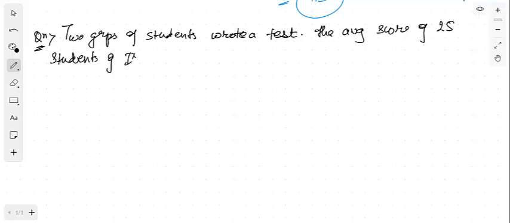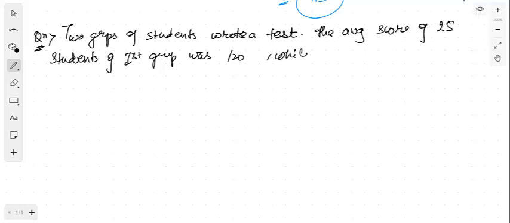The question is: given two groups of students, two groups of students wrote a test. दो ग्रुप है स्टूडेंट के, उन्होंने एक टेस्ट लिखा, ठीक है. The average score of 25 students of first group was 120,